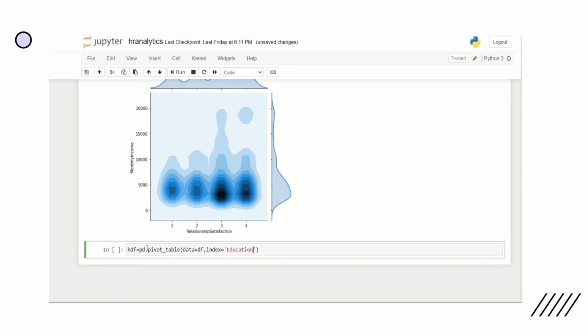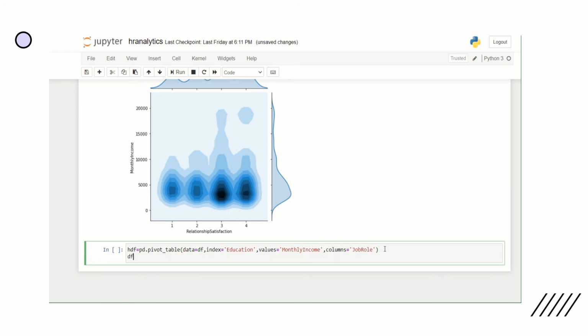So I'm going to take education, and then values, monthly income, and then columns we need to specify. For columns, I'm going to take job roles. So now I'm going to group my data based on the education index with values monthly income, and columns will represent job roles. So I have created the pivot table.